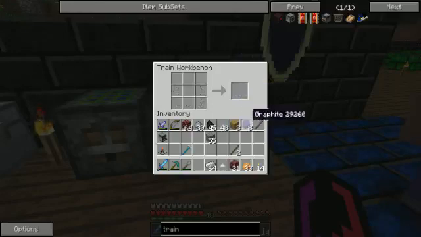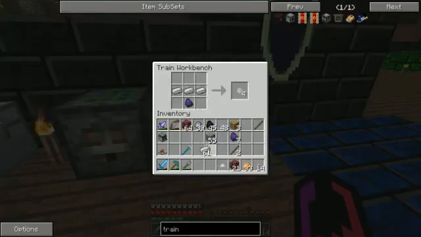So now I just put that coal dust that I'd made on the train workbench with a piece of coal in the middle, and that gives me 8 graphite. Can we make a pencil? No. We're going to put the...